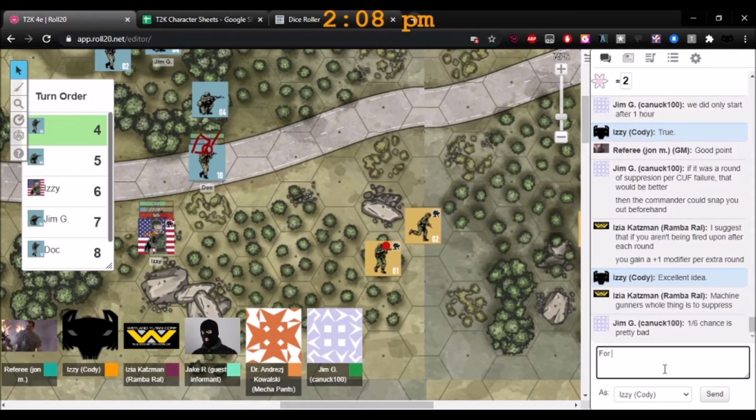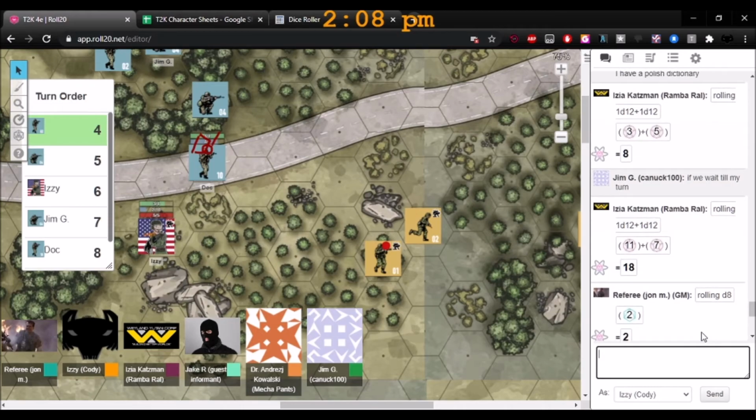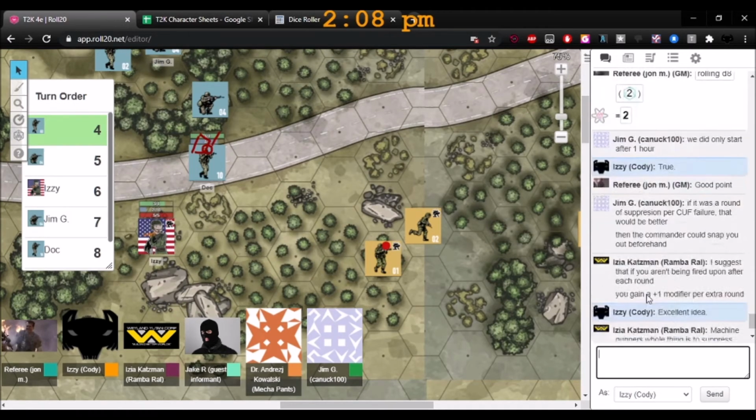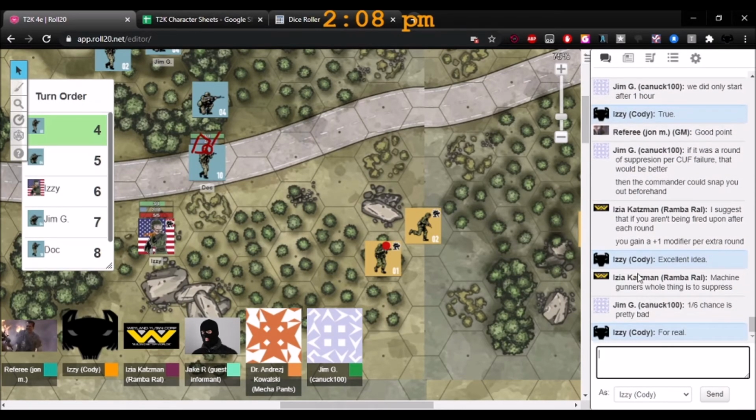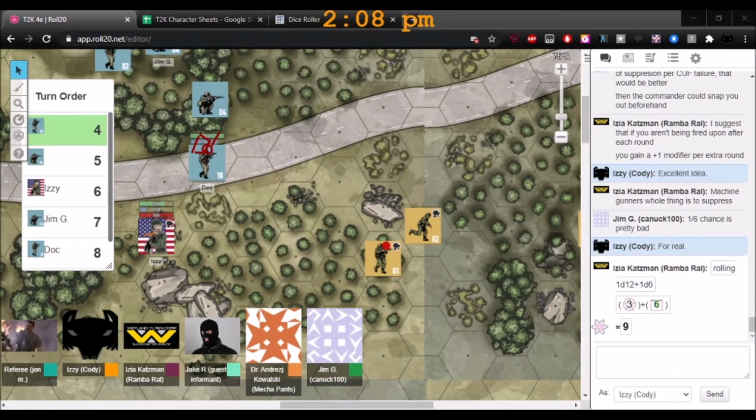The nice thing is, if you have some group morale and the option for a leader, you could get out of that earlier. What were your rolls again for morale for Izzy's character? You had a D8 and a D6, and you needed just one success, right? Yeah, I needed at least one success, but Canuck said I have a 1 out of 6 chance on one of the dice, which sucks. The other one, I don't remember the ratio in the book, but it's really not that much better.